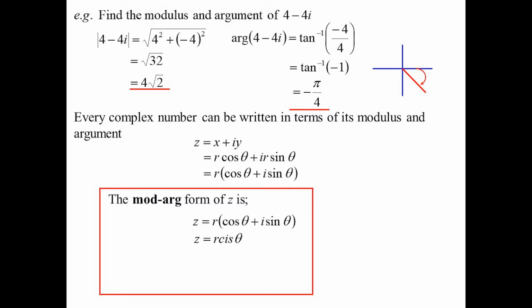So you just need to be aware of that. Be very careful. So r is the modulus and theta is the argument. So back to our 4 minus 4i, we've already worked out the modulus and the argument. If I put it in cis notation, I'd say, well, that's 4 root 2, the cis of minus pi on